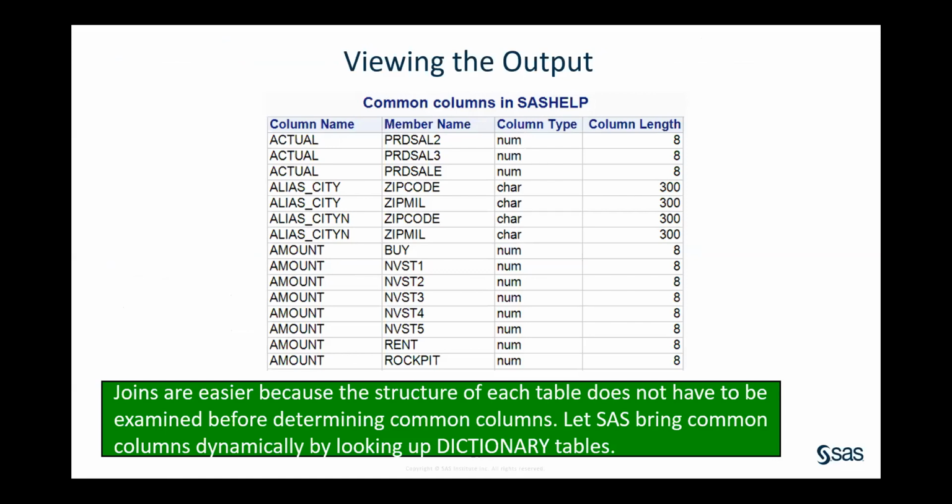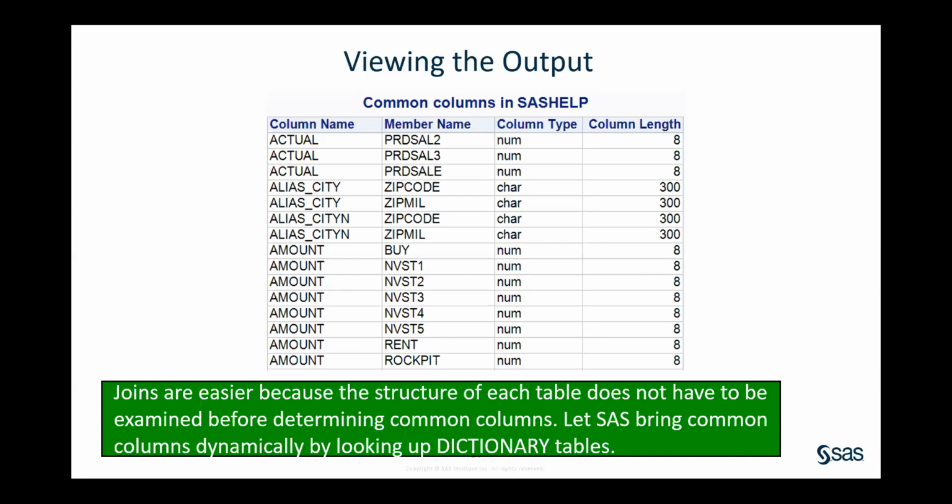of tables. Joins are going to be so much easier now, because you don't have to go running either proc contents, or ask dictionary tables specifically. You let SAS do the heavy lifting. You can extend this to much, much more. You can even, knowing that data is one of the biggest principles of data workers,